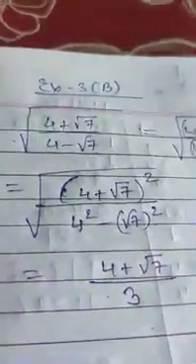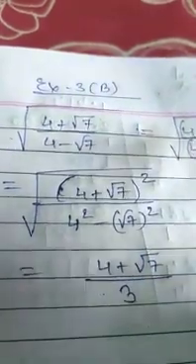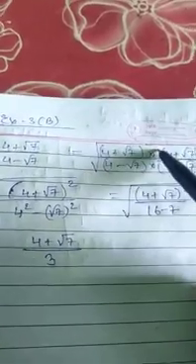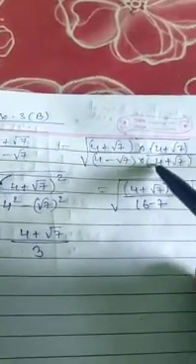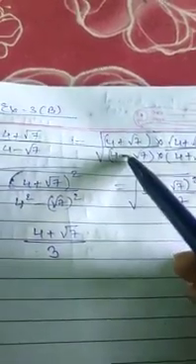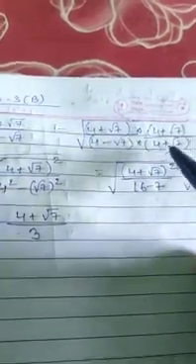There is a root in the denominator under a square root also. So you have to rationalize the denominator. How will you rationalize? Just see here. In the numerator and in the denominator, you have to multiply and divide with the same expression as the denominator. This is known as rationalizing. But the only change is, if there is a negative sign in the denominator, you have to take a positive sign. If it is positive, you have to take a negative sign. In numerator and denominator both the same.